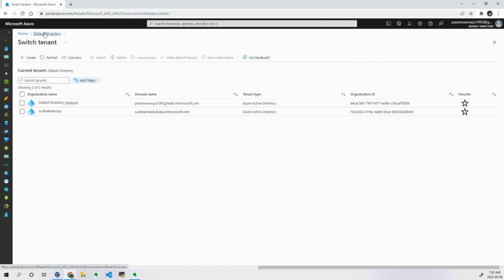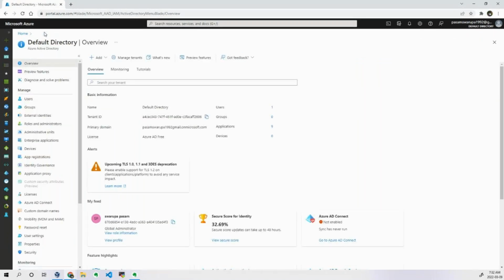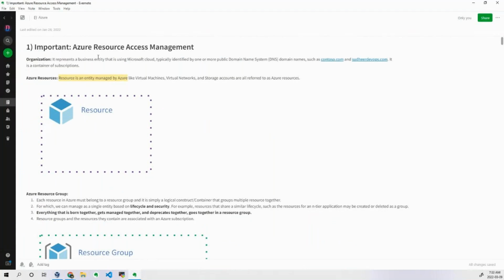What is a tenant? It's a business entity. I have a company, I have a client. The client's related information I want to store in a separate tenant. I don't want to put two clients' information in the same portal, under one particular tenant. I want to segregate them. So that's the purpose of creating an organization. You can call it an organization or you can call it a tenant.